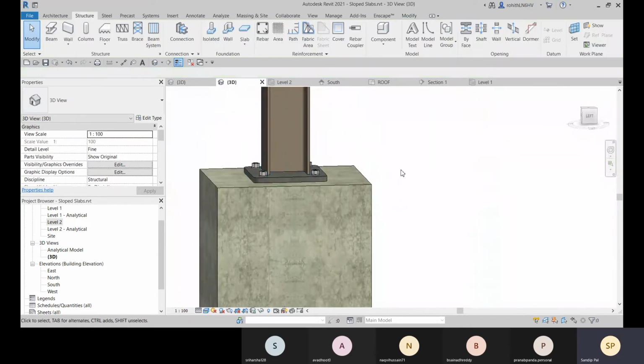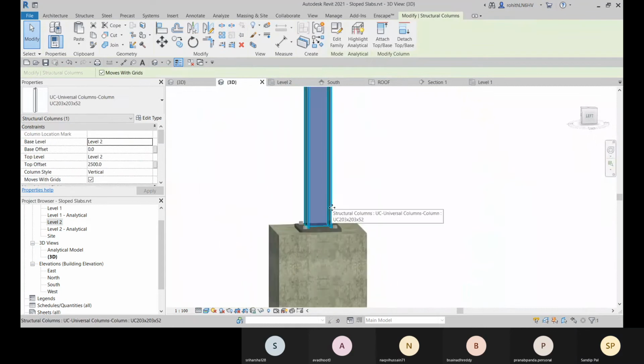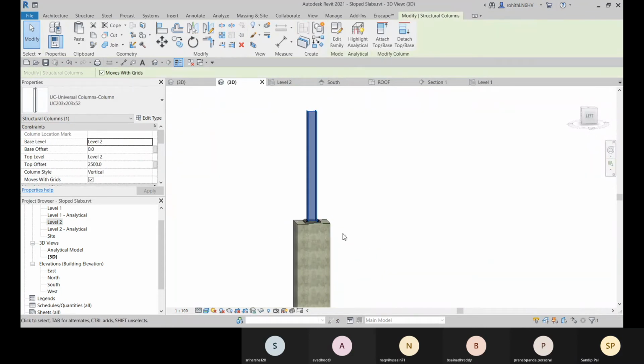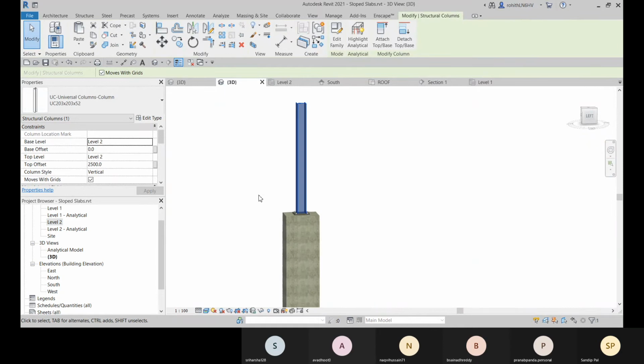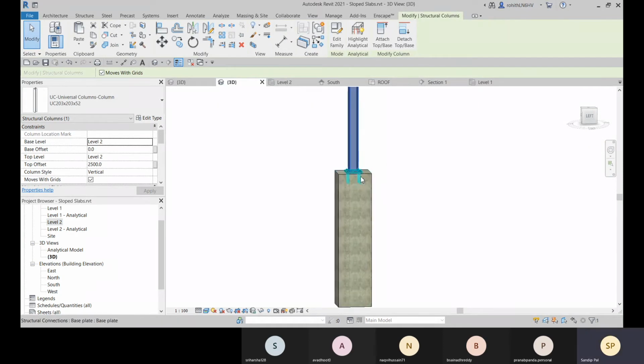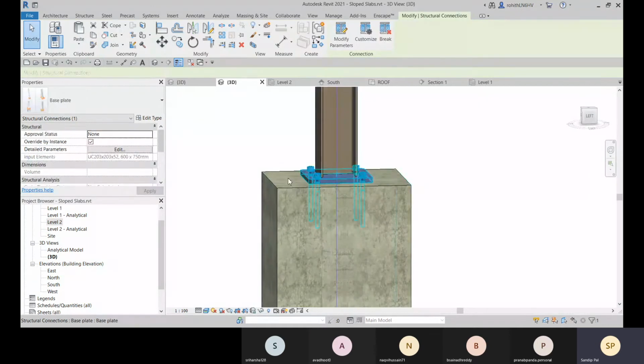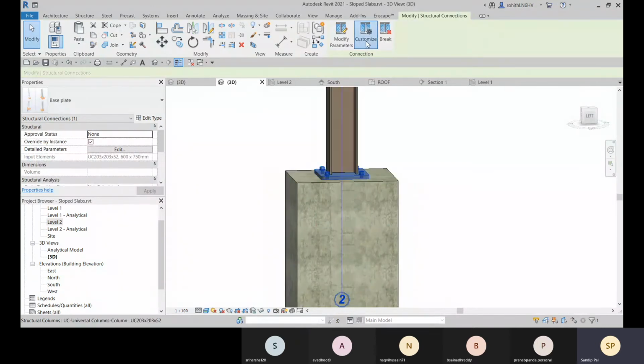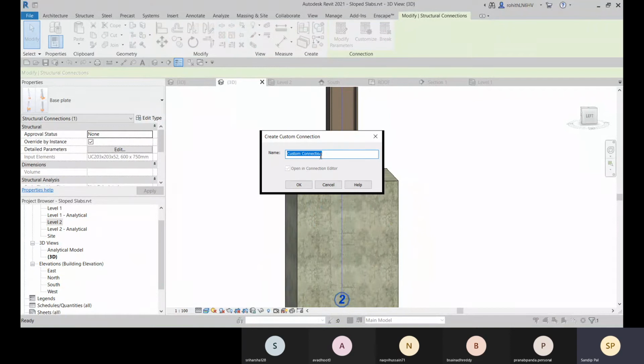It is right now connected. Okay, so this is how we will place the connection. Okay, and here if you go to customization, you can give it a name, and you can save it. All right, you can save it with a particular name when you customize, so that in